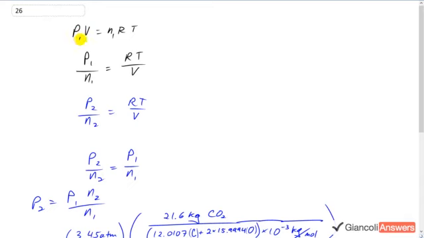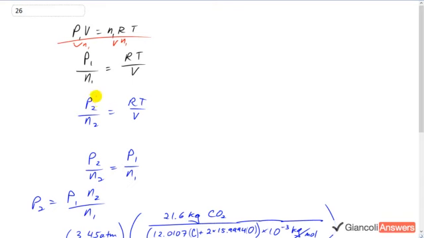The first pressure when the container contains nitrogen times the container's volume equals the number of moles of nitrogen times the universal gas constant times the temperature written in Kelvin. And we can divide both sides by V, and then also divide both sides by N1. And on the right hand side we're left with RT over V. And on the left side we're left with P1 over N1. And the reason that's